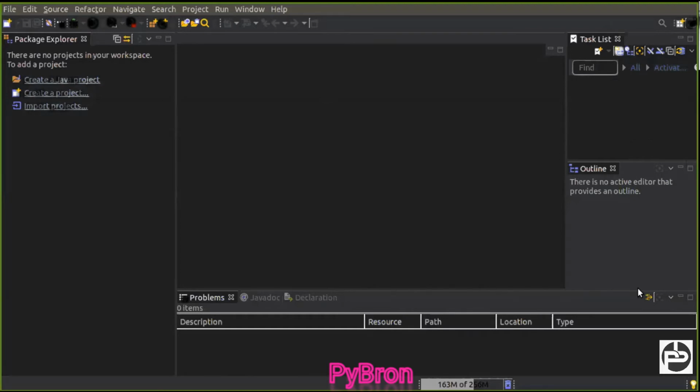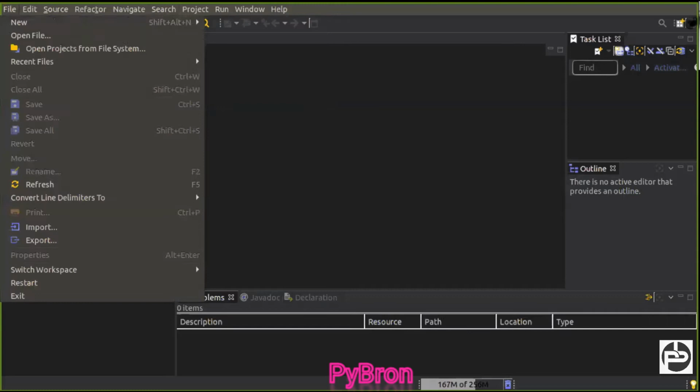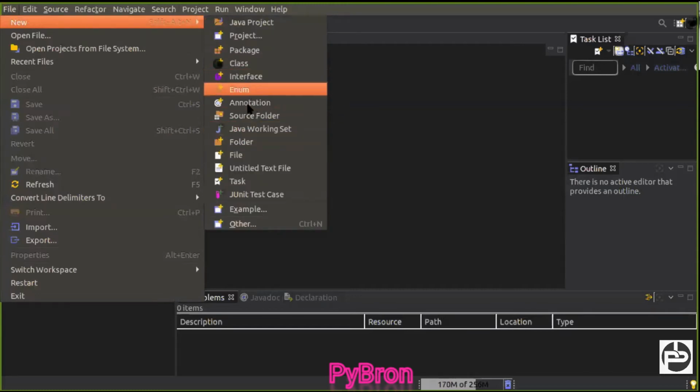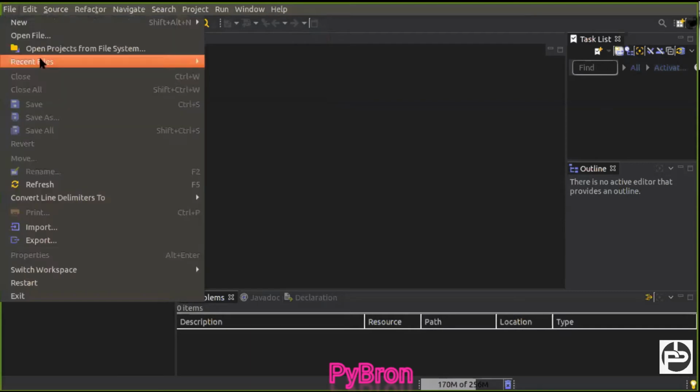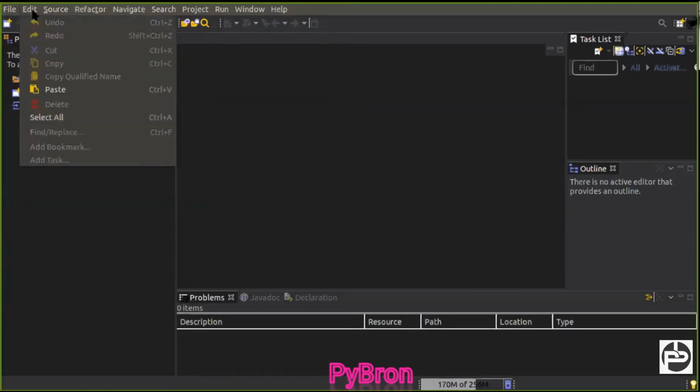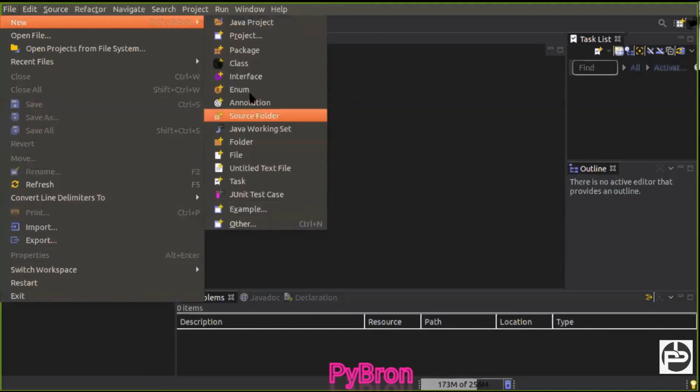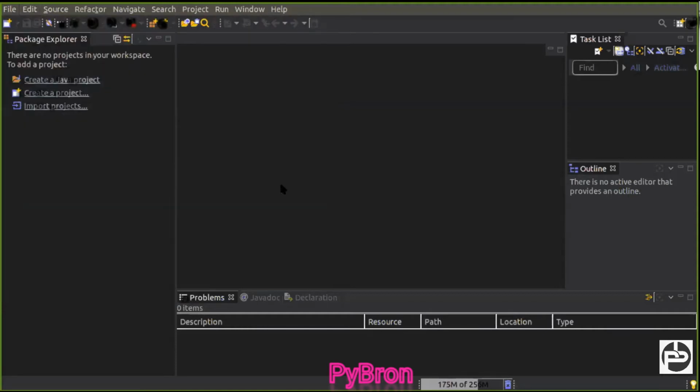Okay, so once you open your Eclipse, you will get this kind of interface. So what to do next? Once you open the Eclipse, just click on File and click on New. Then go to the Maven project, because again I'm going to create a Maven project, guys, not a Java project. What is the benefit of the Maven project? Let me first create a Maven project, then I'll show you the benefits of the Maven project over the Java project. Just click on New, and there is no Maven project option there. Just click on Other, and there is an option to create a Maven project.